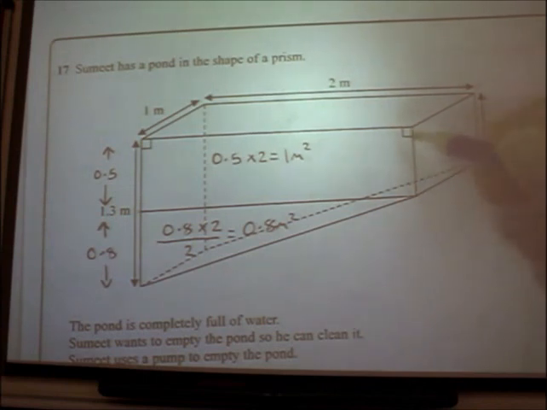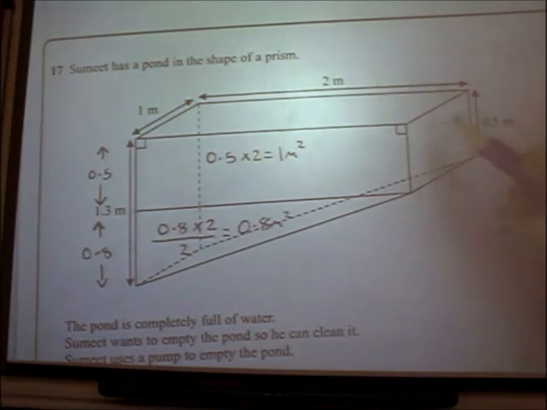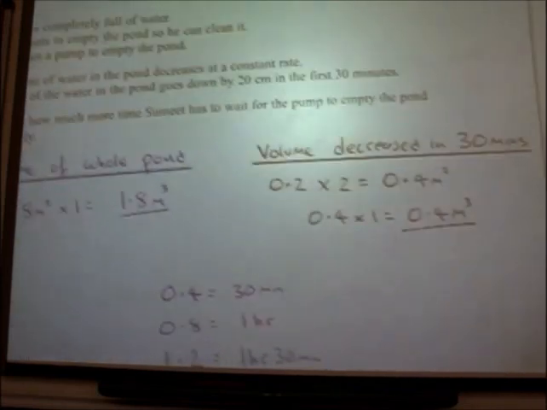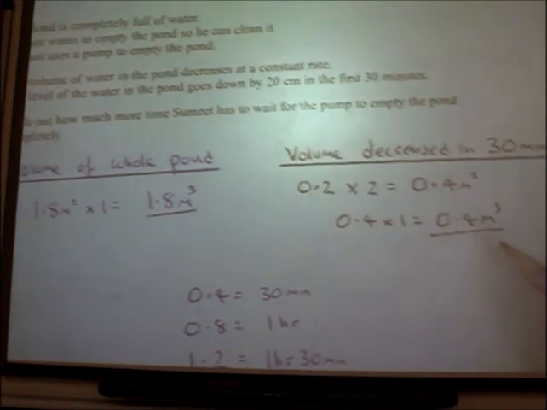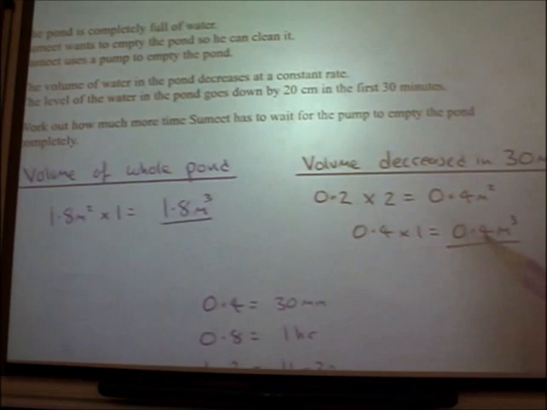So it's gone down here by 0.2. We're going to work out the area of the cross section again. So 0.2 down times 2 is 0.4. Then you times it by the depth. So 0.4 times 1, it goes down by 0.4 metres cubed. So if it takes half an hour to empty that much, how long is it going to take to empty